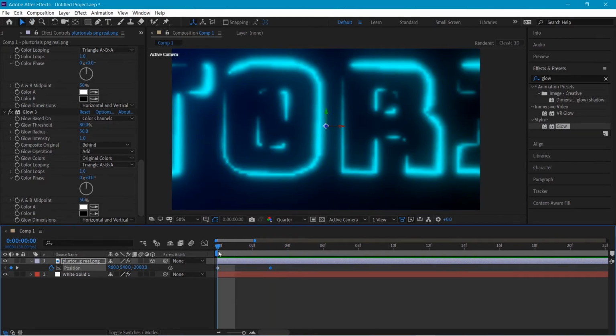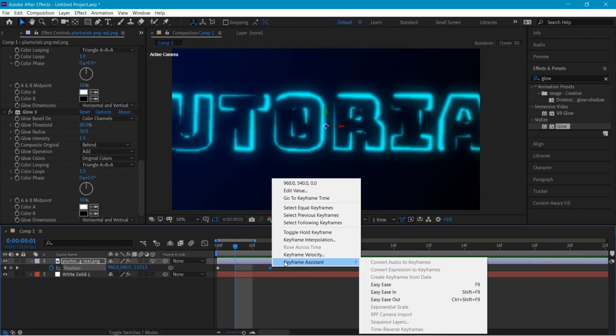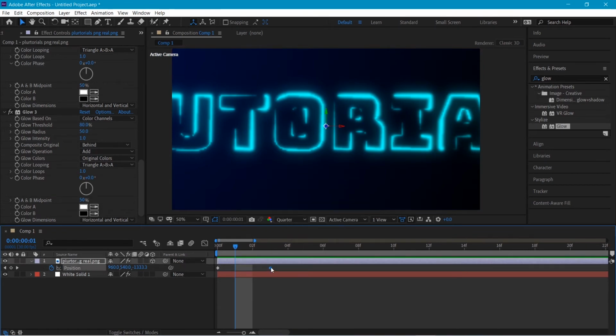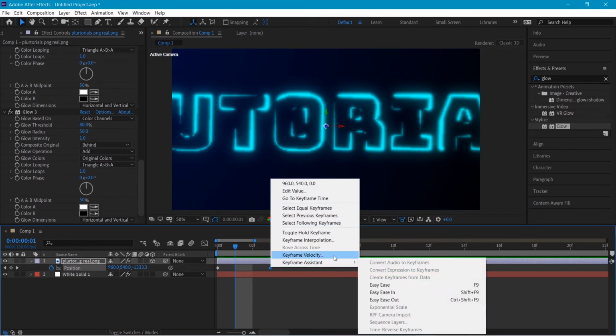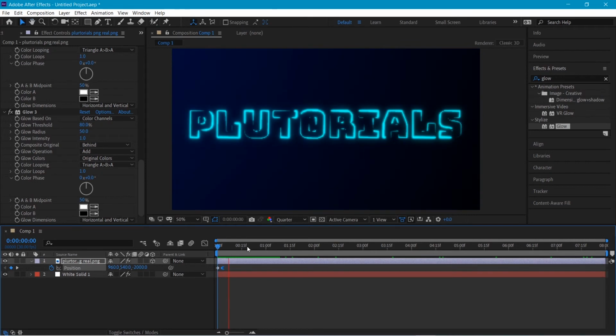It's a quick jump, like boom, and we are here. Now for the keys, we will right click on it, go to Keyframe Assistant, and ease it out to make the animation smoother and professional looking.